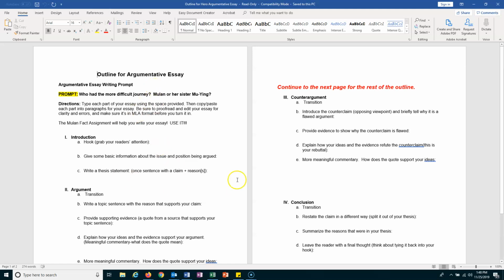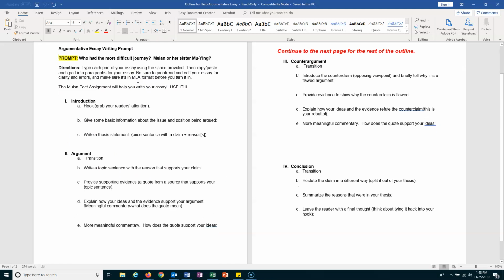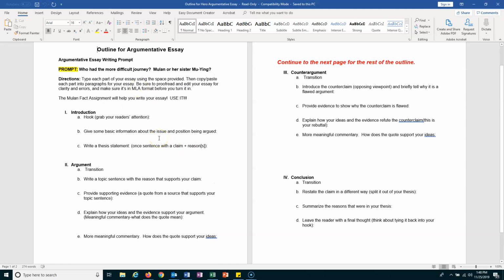This is going to be used to help you with the actual argumentative essay outline. This is to help you write the argumentative essay that you are going to be turning in. The big thing on this is that you are not to turn in this outline at all. I don't need to see it. I don't necessarily want to see it. It's used for you to help write that essay. If you choose to not use it, that's up to you.